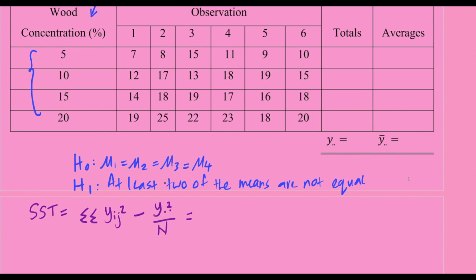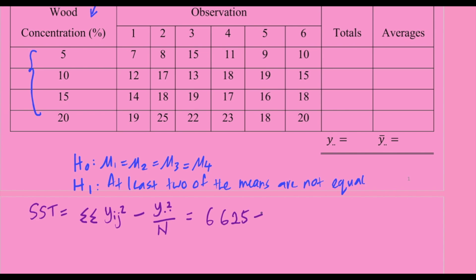So if you're using the Casio FX570MS like me, then you would go to mode, press twice, and then you select SD. Then you'll be keying in all of the data starting from 7 up to 20. So 7 M plus, 8 M plus, up to 20 M plus. Alright? Once you are done, you would press Shift 1 and then you would select 1. When you select 1, it shows that it is the summation of x squared. So the summation of x squared would be the summation of each of the data values squared, which is exactly what we want. Alright, so it gives us